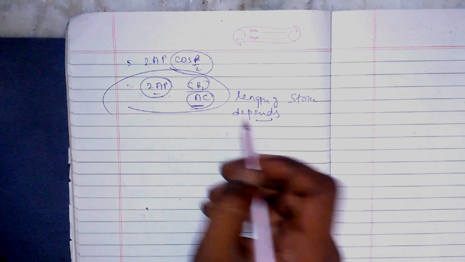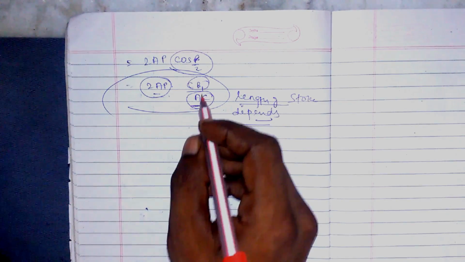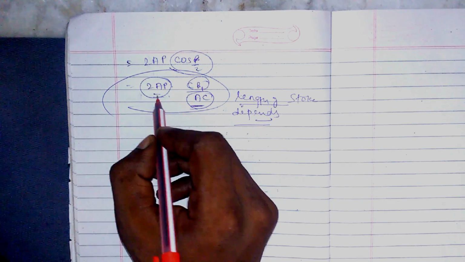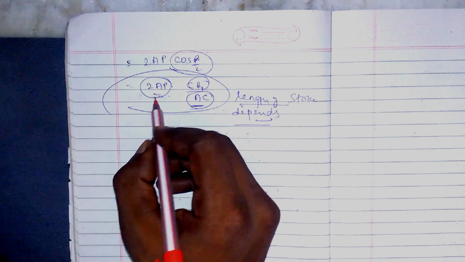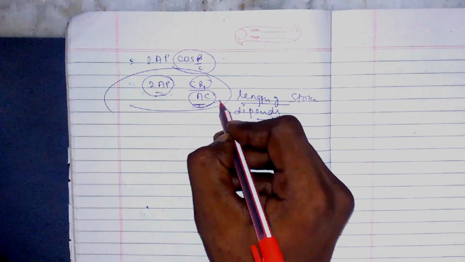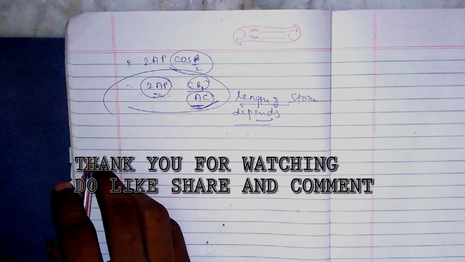If we increase this length, then we decrease the length of stroke. CB1 is dependent on the crank length, and AP is the slotted bar. So if we want to decrease or increase the length of stroke, we could change AC or any of these 3. Okay, so this is it.